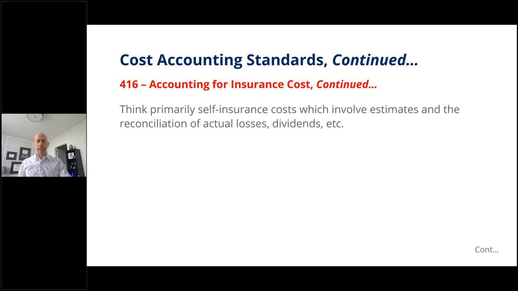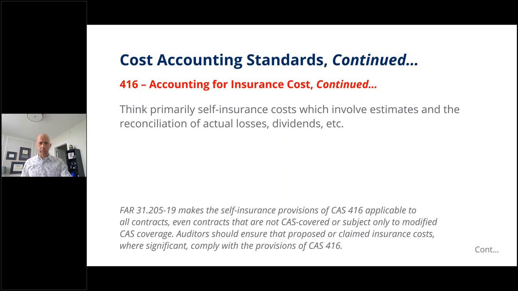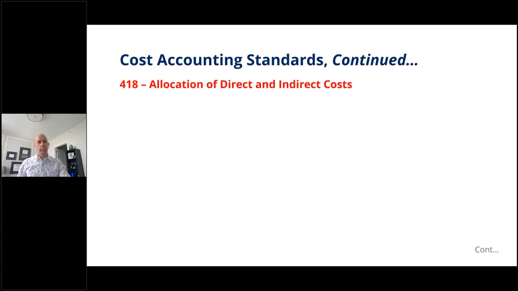If you are a business, you've got a typical plan through United Healthcare or Molina or Blue Cross Blue Shield, whoever it is. There's a lot of companies out there. You're paying your monthly premiums, pretty simple, straightforward, periodic costs. Life is simple and easy. If you're in a self-insured situation where obviously you have stop-gap and some other things going on, there's some actuarial costs involved. That's where we have to refer back to 416 here. The reminder again, 416 does apply even if you don't have CAS covered contracts. This is another one of those tricky ones to jump out and get you.